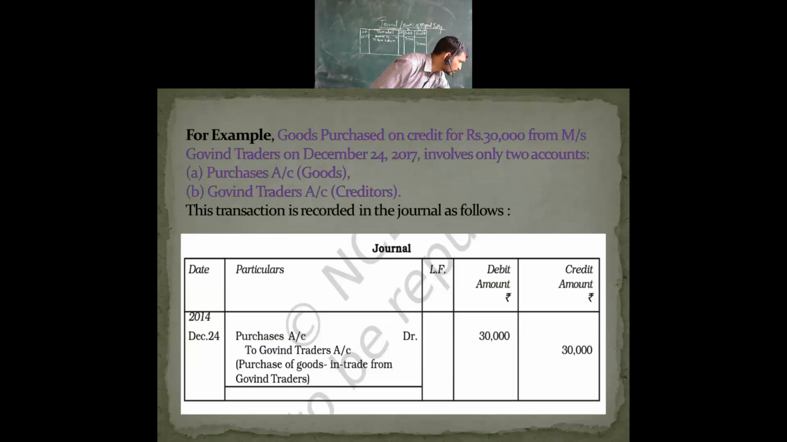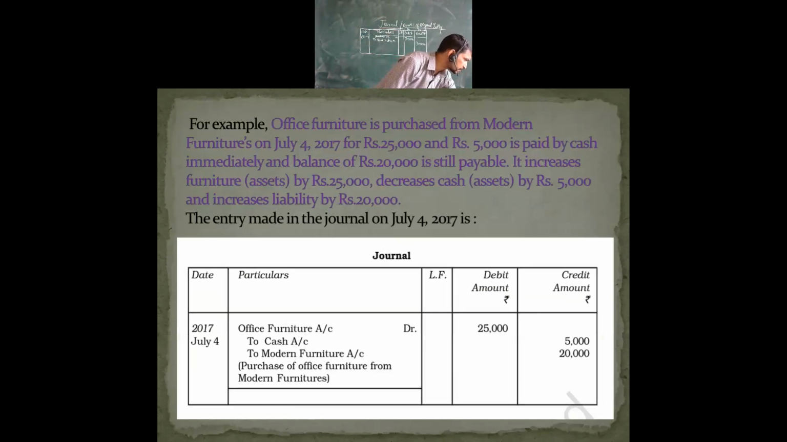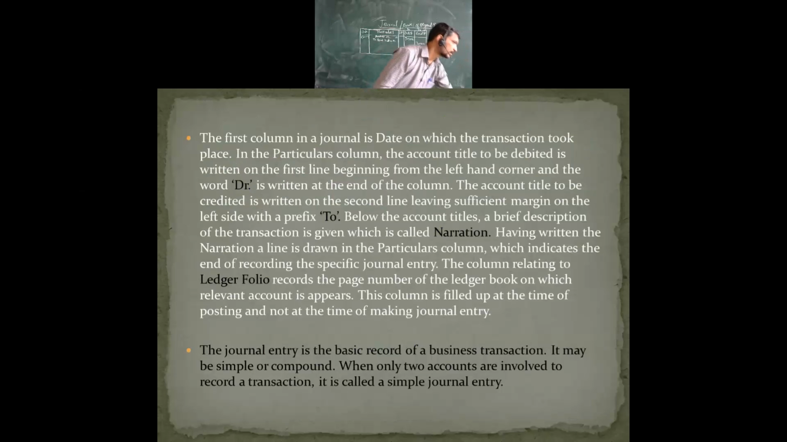See, "Purchase of goods in trade from Govind Traders", that is what the narration is given, the words I have highlighted there in red font. We are going to write the narration over here. Then next, having written the narration in the line below the particular column, which indicates the end of the recording of a specific journal entry. Now, when you write this, purchase account Dr to Govind Traders account,